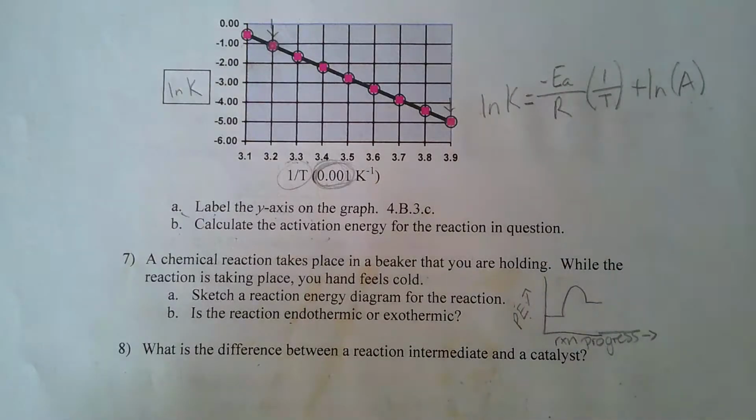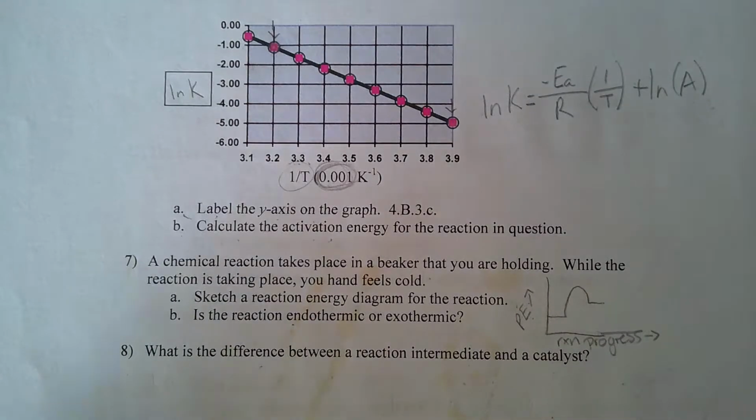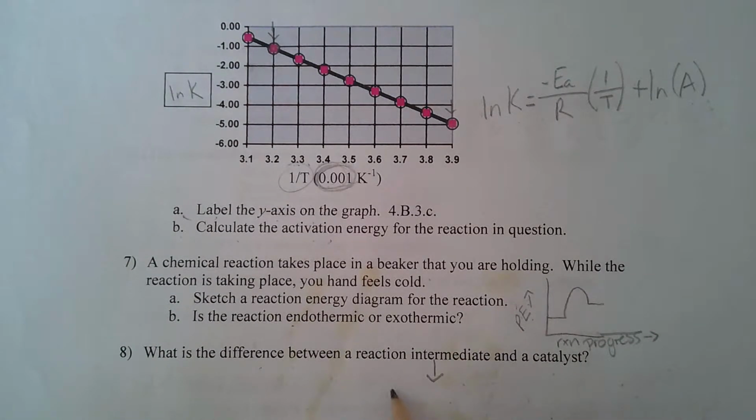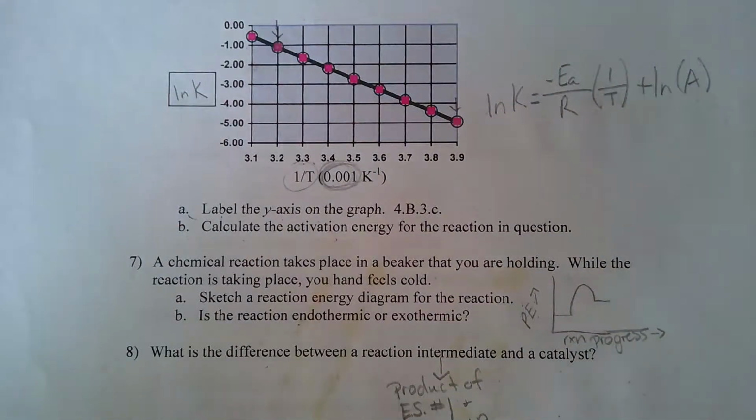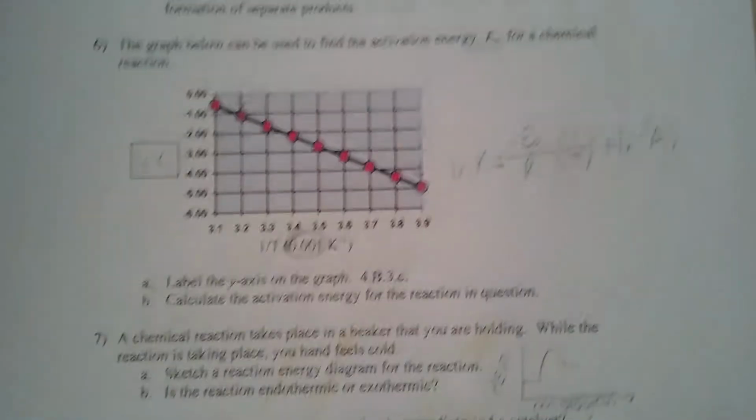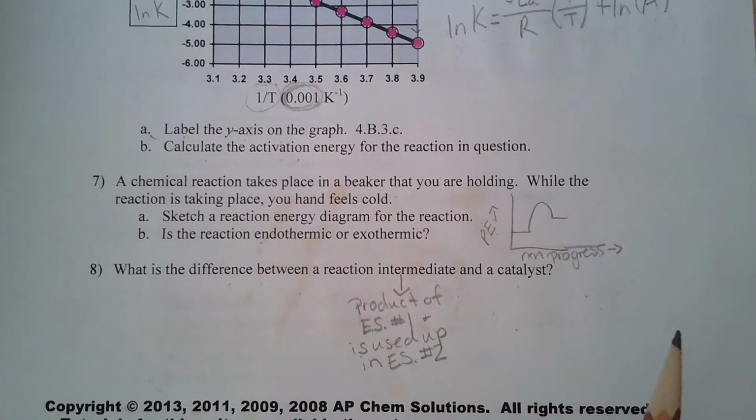Okay. Question number 8, what's the difference between a reaction intermediate and a catalyst? Okay, a reaction intermediate we know is a product of elementary step 1, and it's used in elementary step number 2 of the reaction. Okay, so an intermediate is actually not present in the